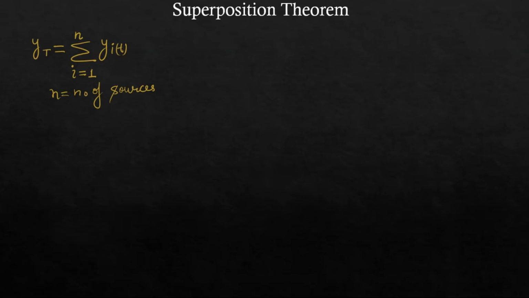Now this theorem is applicable to linear, active and bilateral elements. Means you cannot apply it for the case of unilateral elements like diode. Because under different operating conditions, like when both the sources are operating simultaneously, it may so happen that the diode may turn off. But when you operate individually, the diode may be on. So that is the problem issue, okay? So we want the circuit to be bilateral before applying this theorem.